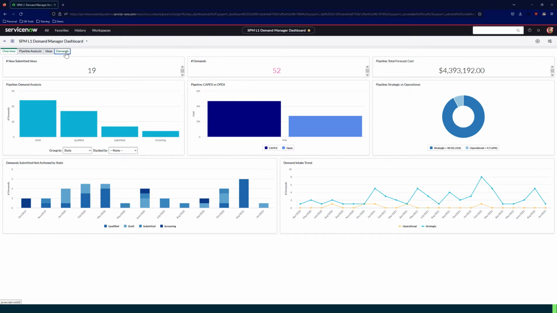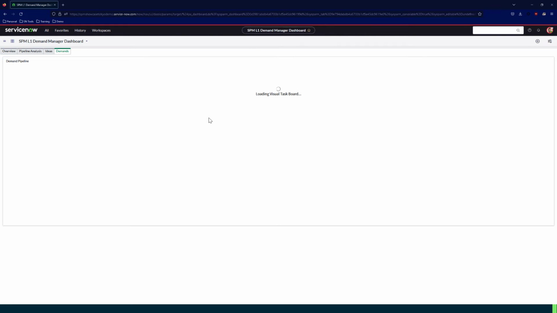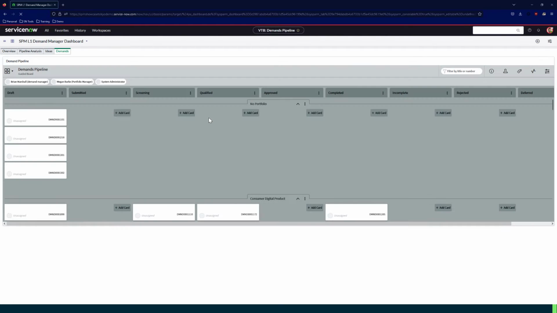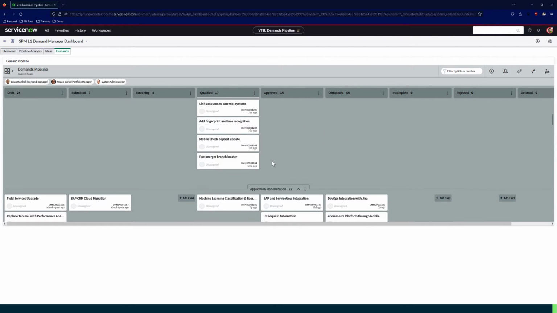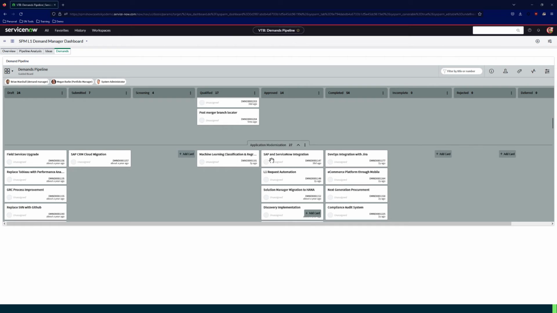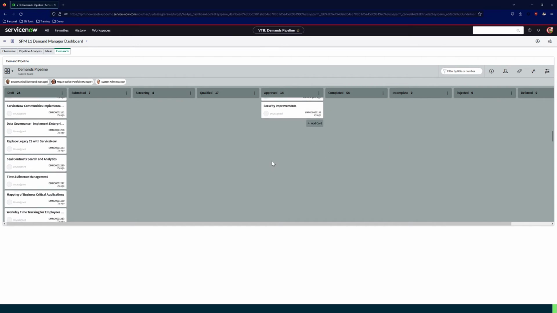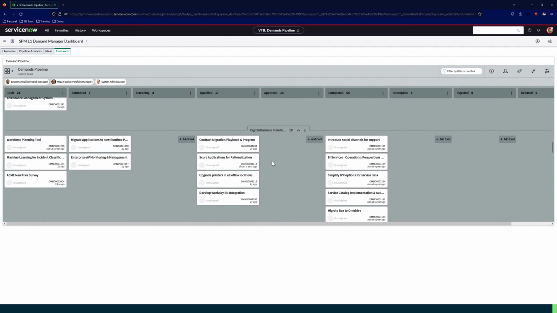If you want to get a better view of all the demands that you have, you can go ahead and go to your visual task board. As you can see here, your visual task board is split into portfolios. So scrolling down, you can see all the different portfolios that we have associated here. And then each one of these demands is just a little card here. It's really easy to move these through the swim lanes that we have. So for example, Acme New Hire Survey, you can just drag and drop this from one swim lane to the